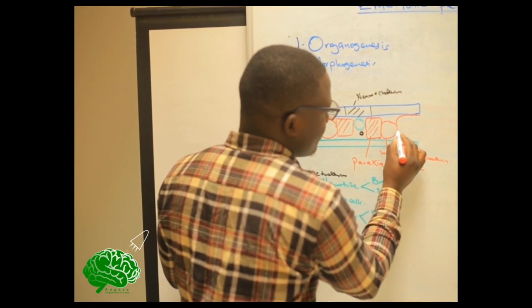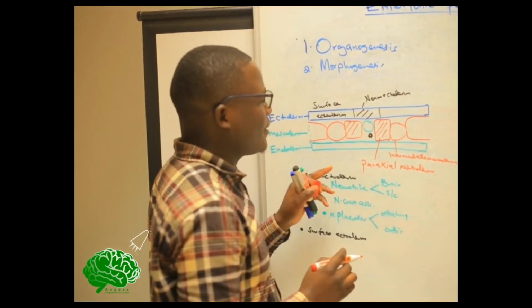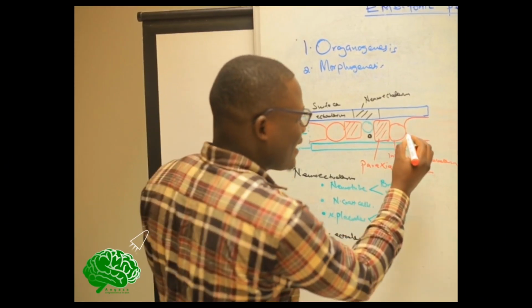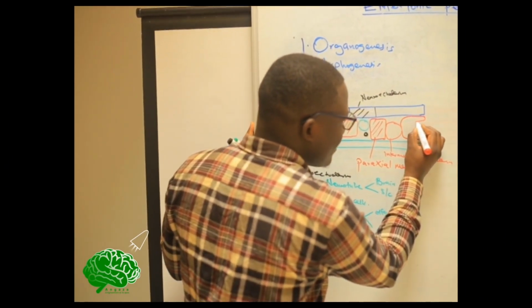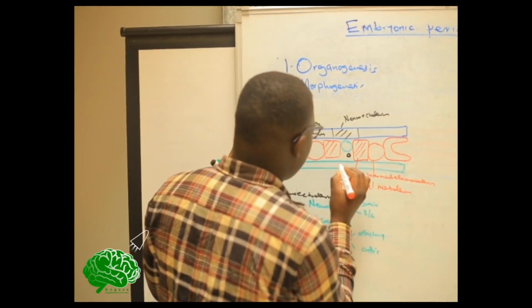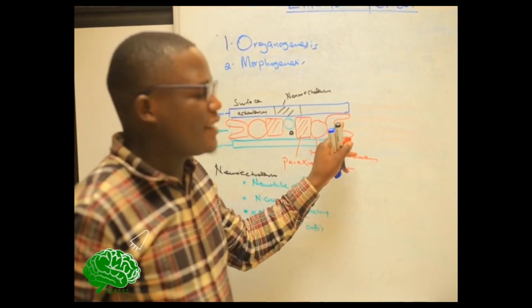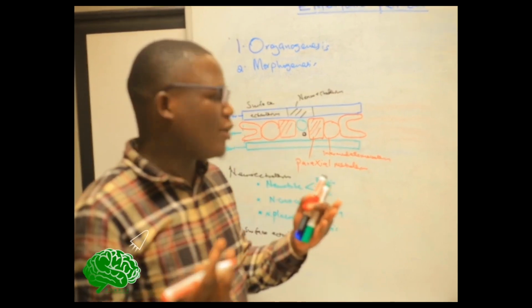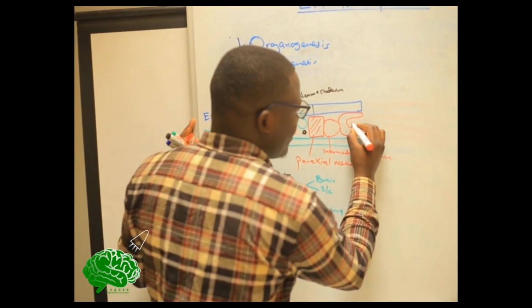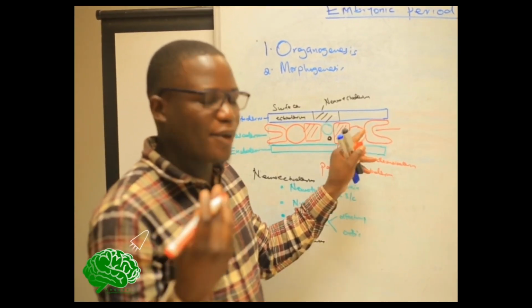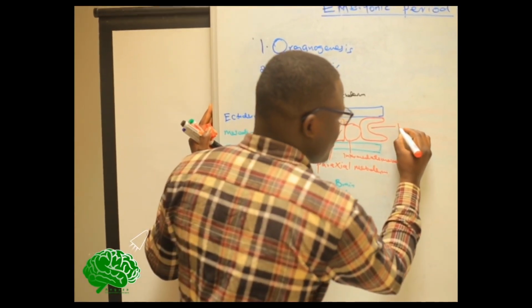This is the lateral plate. But it's important to note that this lateral plate is invaded by a cavity. So it has a cavity. Let me draw it. It has a cavity in it. And this cavity is termed a coelom. Because it's within the developing embryo,